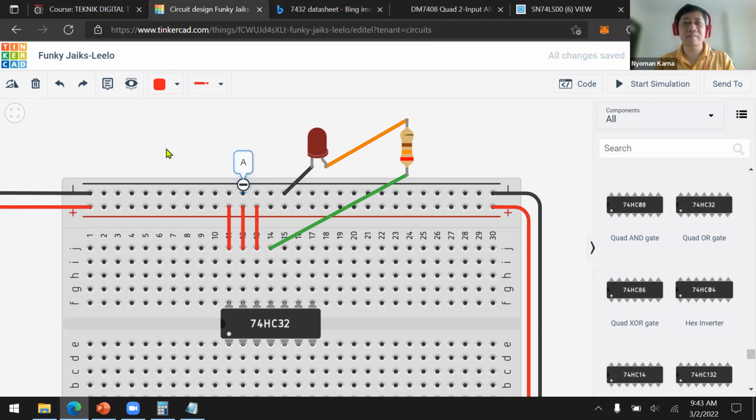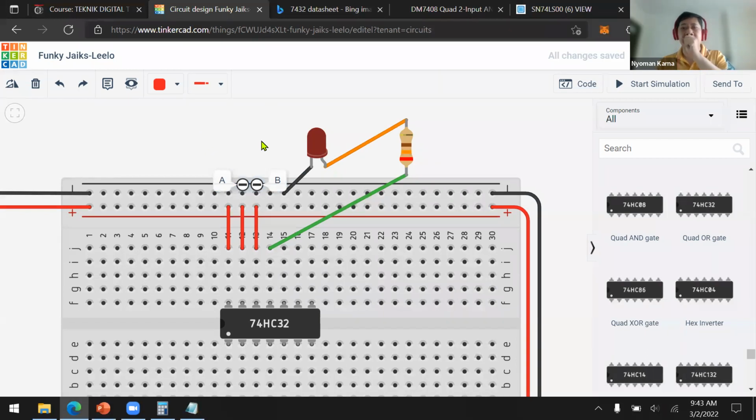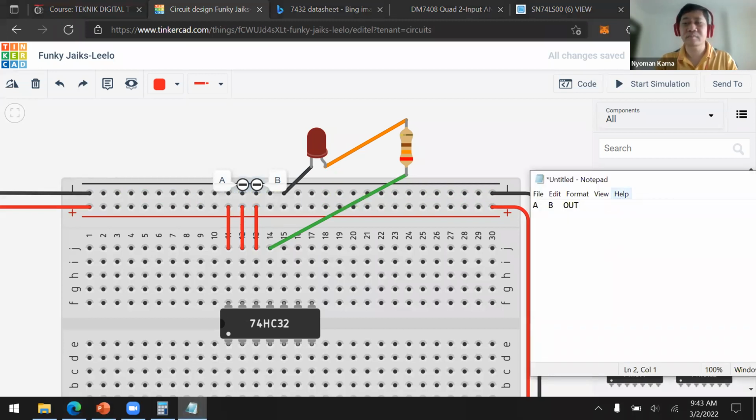Now the combinations are 1 1, 0 0, 0 1, and 1 0.